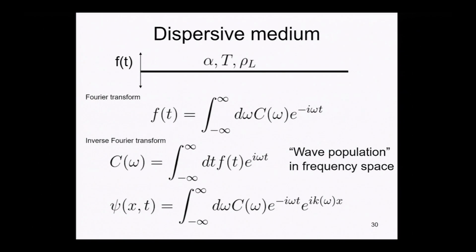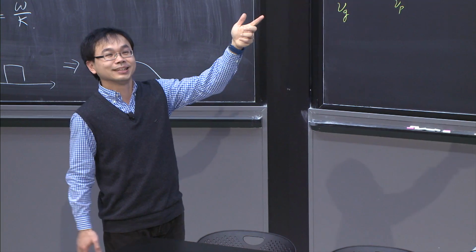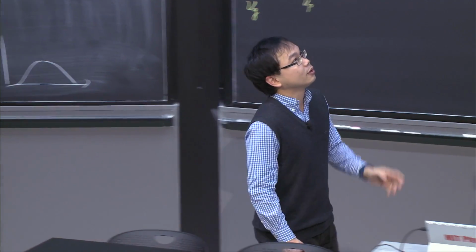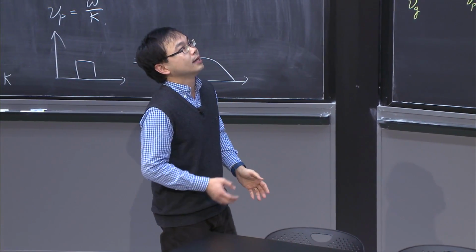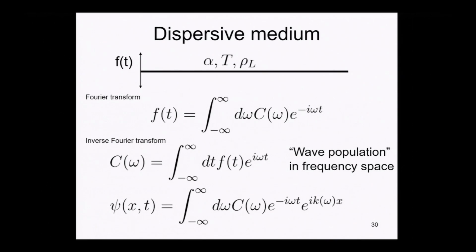This is the weight which makes them become the f function. Okay, and we can figure out the c omega by doing a Fourier transform, and finally, what will be the resulting wave function